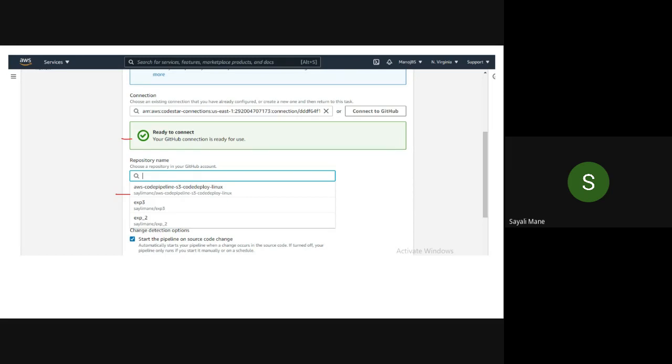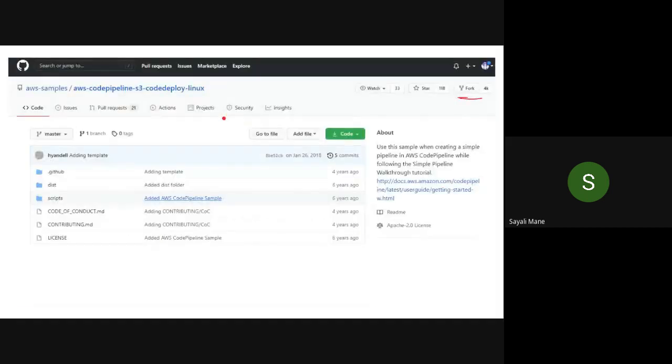Fork button. Okay, wait a minute, let me go back. See here, this one, fork button. Here on the right hand side, top, the fork button is there.